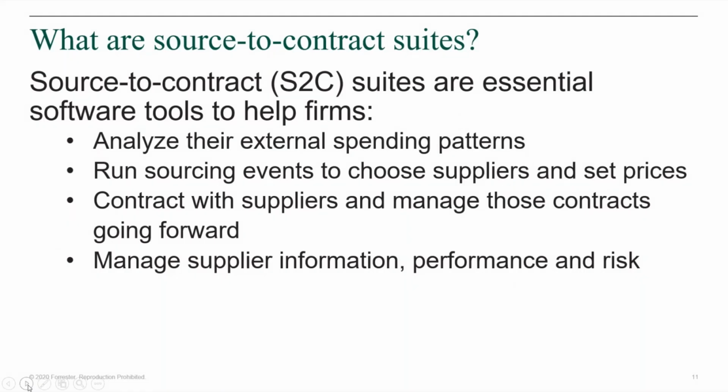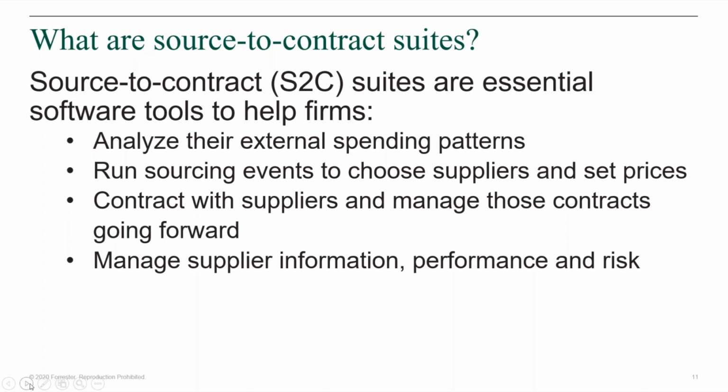I want to start again with what they are. As Constantine referenced, they really consist of four key applications that help with four key activities. They help firms analyze external spend patterns: who they're buying from, in what categories, and who's making the purchase. They are tools to allow you and your business partners to run sourcing events, RFPs, RFQs, RFIs, potentially reverse auctions, that you use to choose suppliers with which you want to do business, set the prices, and define the terms